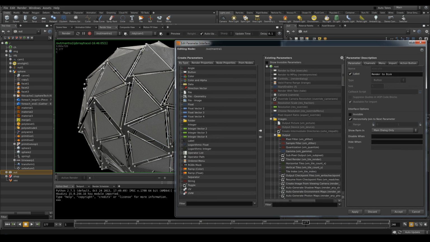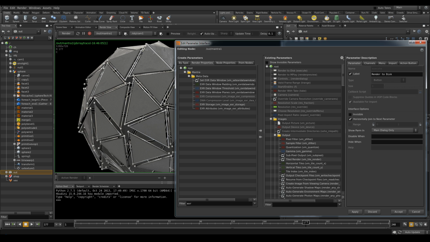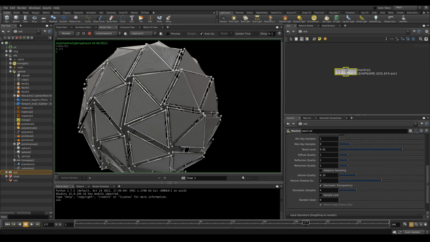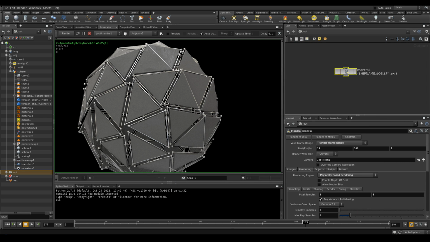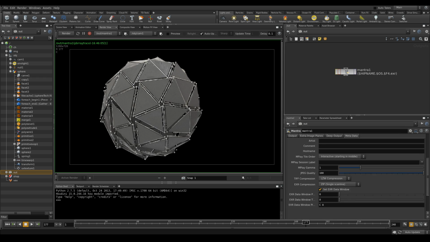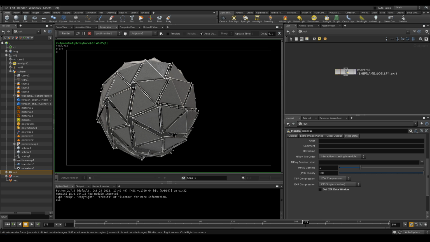edit parameter interface, and in the render properties type in the filter EXR to bring the metadata of the Mantra node, and click on the set EXR data window and bring it into the metadata folder in our parameter. Let's just accept, and here in the metadata output, okay, and in here deactivate the set EXR data window, and just like that, Mantra